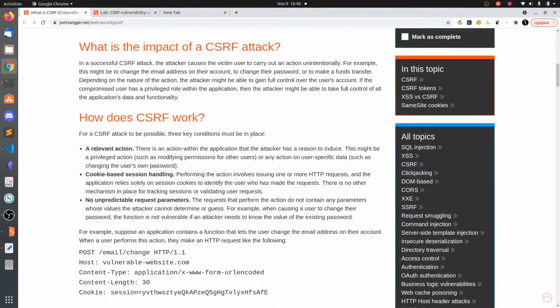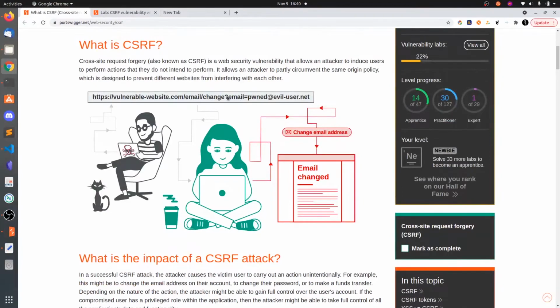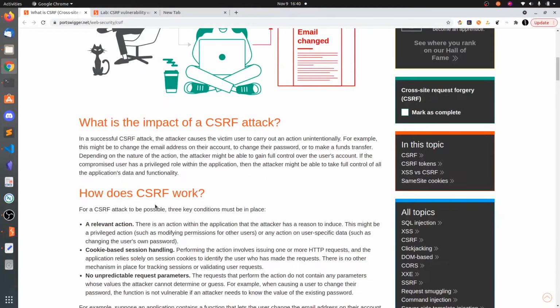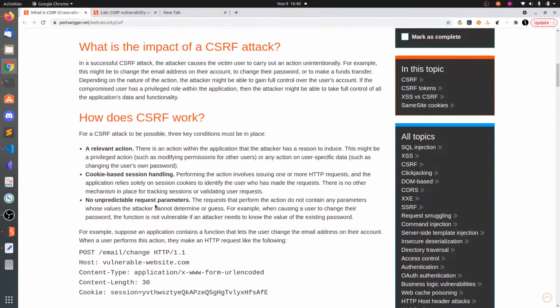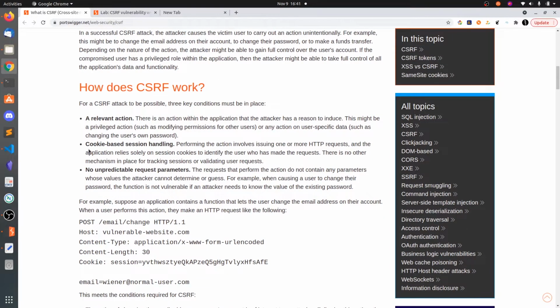Now let's see. It has a relevant action, such as changing the username or changing the password, or even buying some products in the shopping cart, any important action. Then, cookie-based session handling. The verification of the user is done only by the cookie.